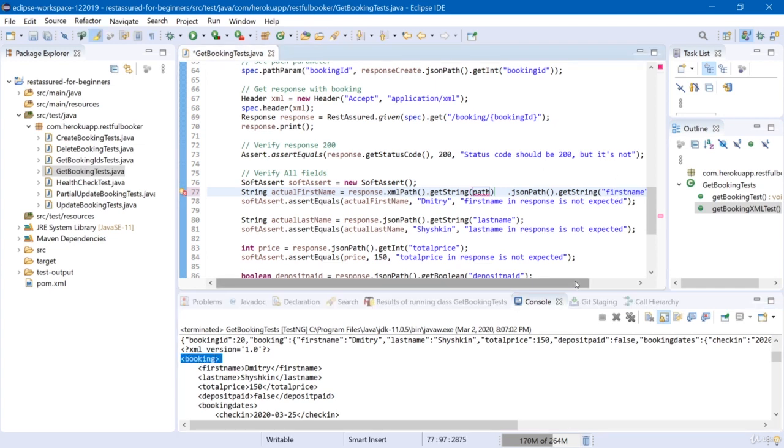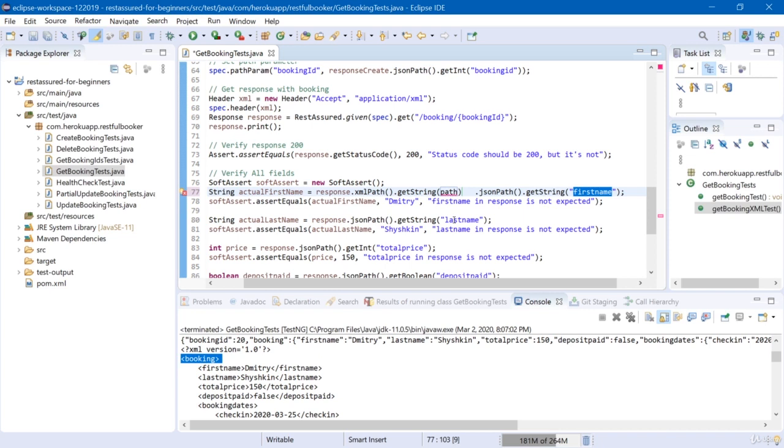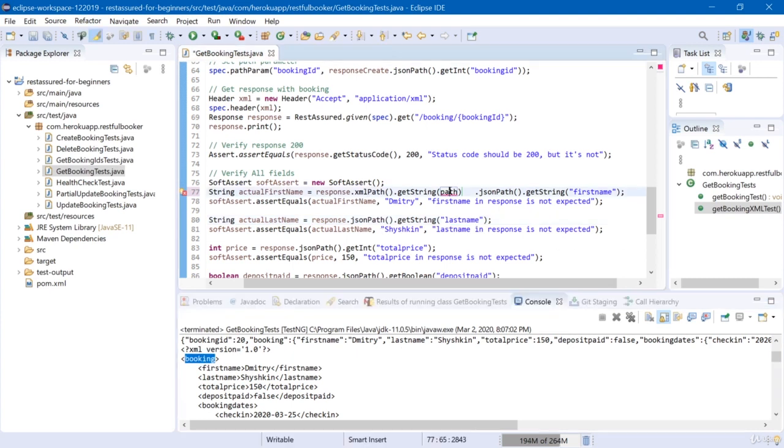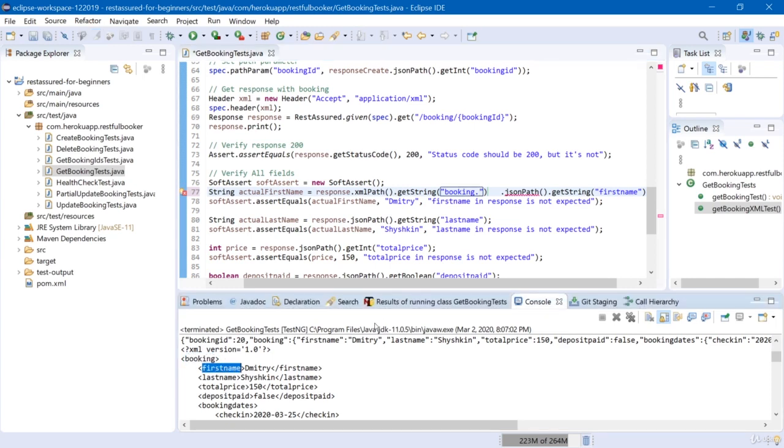Here and basically everywhere in JSON, each of those fields was a root field in our response. But with XML we have this booking element that contains all other tags. So similar to XPath, our XML path will be like so: booking.firstname,